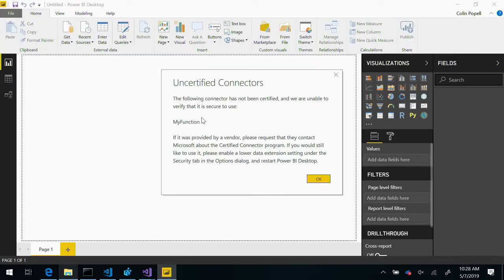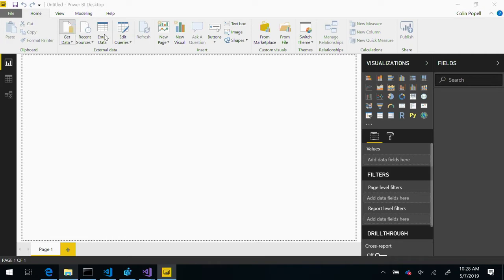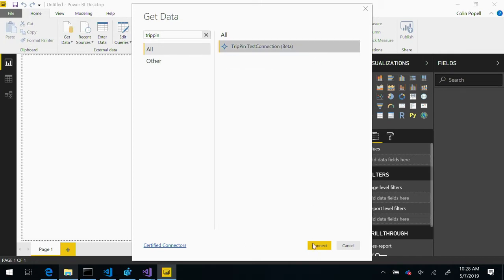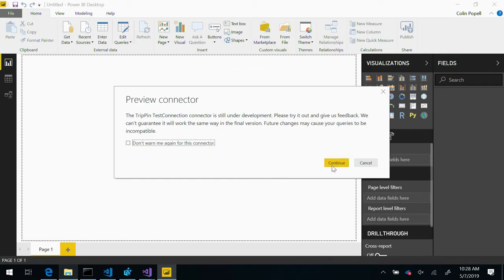So now you see trip pin isn't showing up as uncertified. The other one I had in there is because it's not signed, which means if we go into get data, there it is. And if we connect,